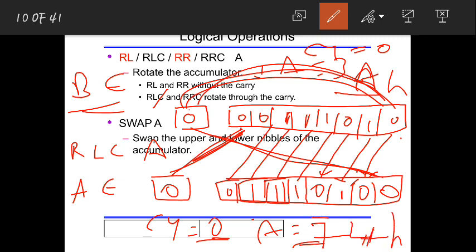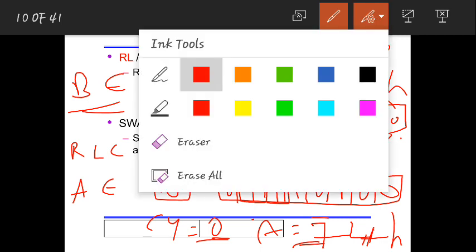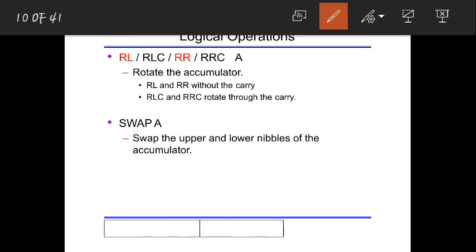Okay, 74H. So with carry, without carry: if carry is equal to 1, what is the result? If carry is equal to 0, then what is the result? Whatever the values are, it doesn't matter, we need to know the operations, how we are rotating. So this is about rotate left.